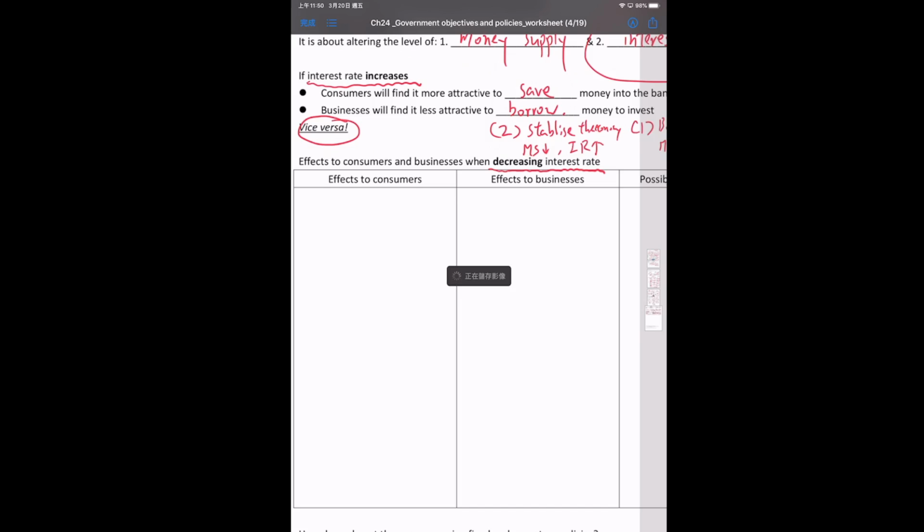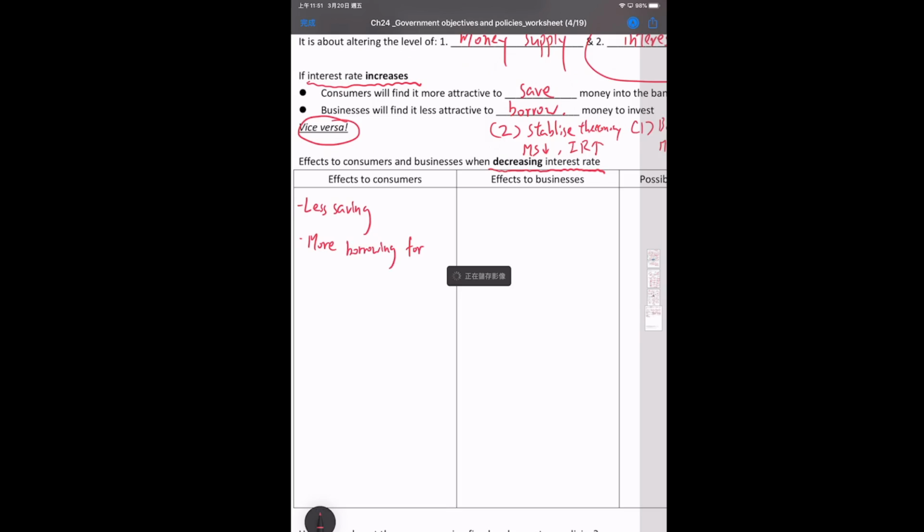Because it becomes less attractive to save the money, and more attractive to borrow money for spending. So there will be less saving because we have a decreasing interest rate, and at the same time, more borrowing